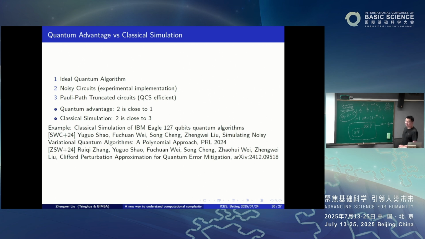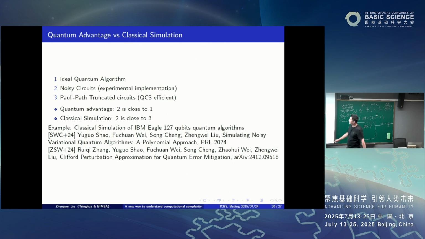And we use such a benchmark to test some algorithms. Using this path integral method, we can show, for example, for variational quantum algorithms, which are closely related to so-called quantum machine learning, inspired by the current development of AI and many other things, they always have those variational circuits and they train the parameters. But here we essentially show that for those variational parts, most of them have no quantum advantage.